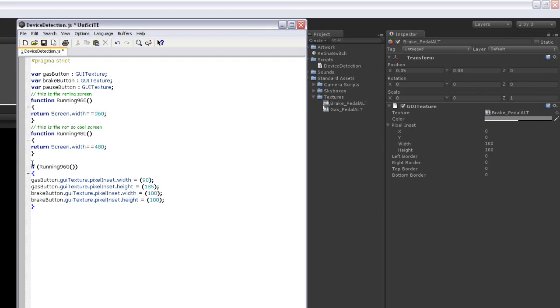So now the next part of the script is we have it saying, if we're running at Retina resolution and it's 960 pixels wide, that we want to take the gas button and the brake button GUI textures and tweak their pixel insets and widths to basically match their defaults, because they're already at Retina. So we're going to copy all of this if, hit enter, go down, and we're going to say, alright, well if that isn't the case, then else if